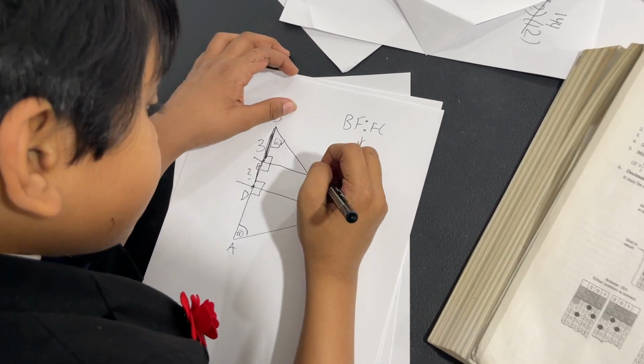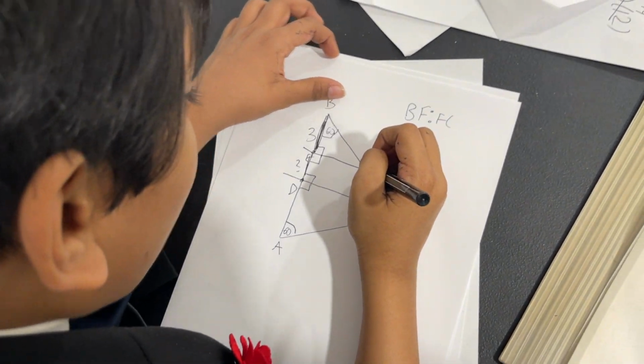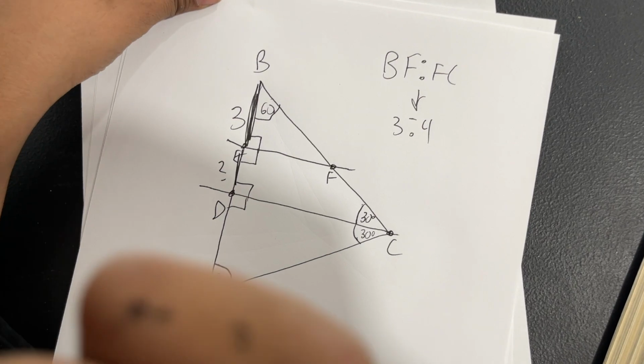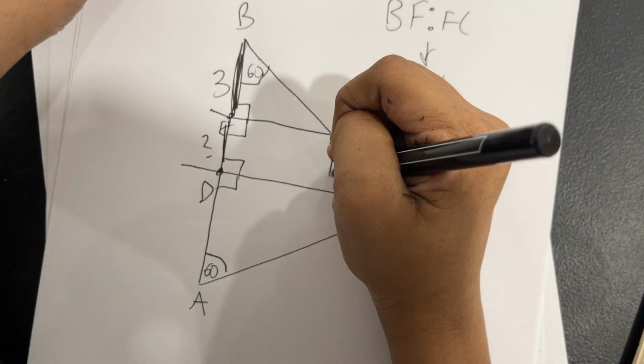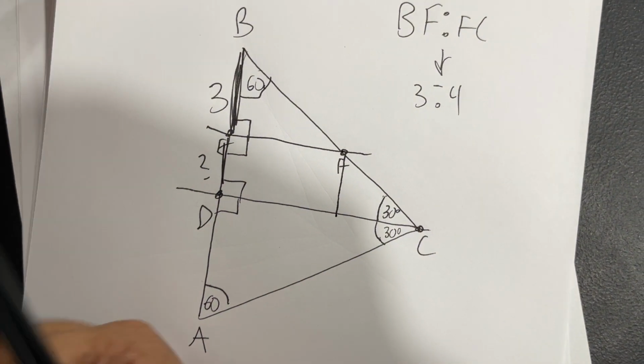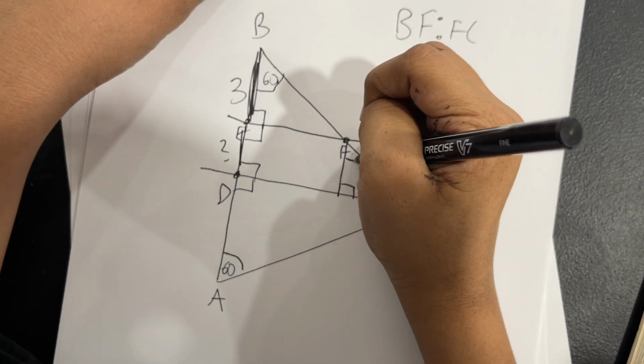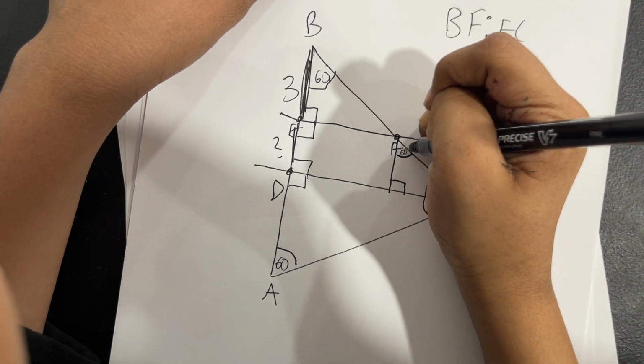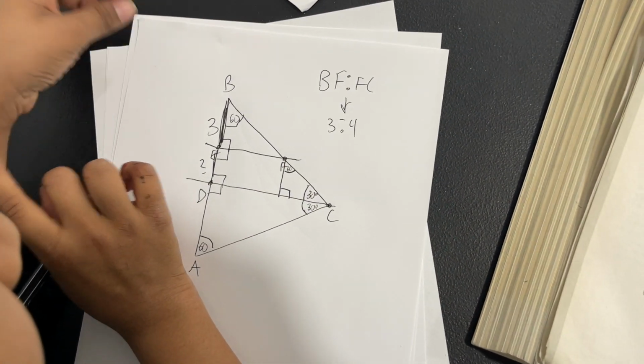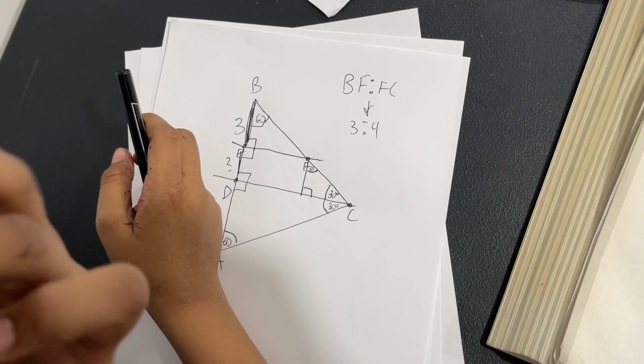And now, what we can do is draw a line over here. This makes a right angle. And now that means that this must be 60 because there are 180 degrees in a triangle. So now,